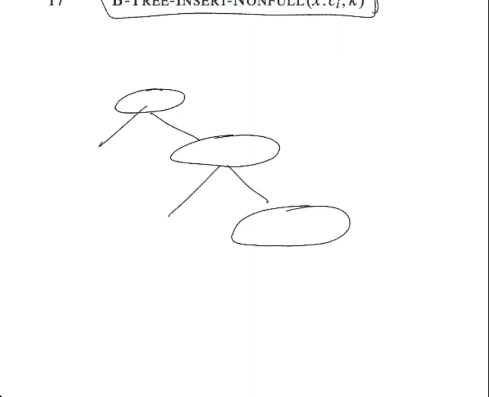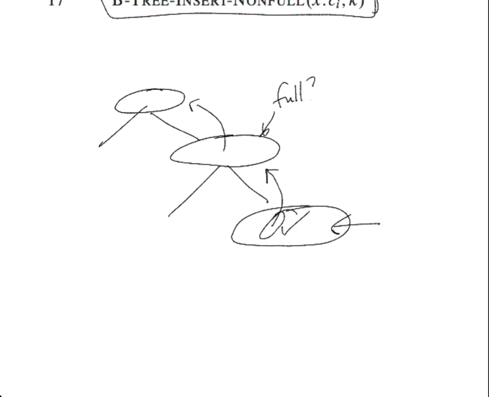If I have a tree, and I want to insert a key, say here. By inserting that key, if this node is full, then I'm going to split it. And what's going to happen is some key is going to get promoted up to its parent. Now, what if its parent is full? Well, that could be a problem because then we'd have to split it and it would cascade up and